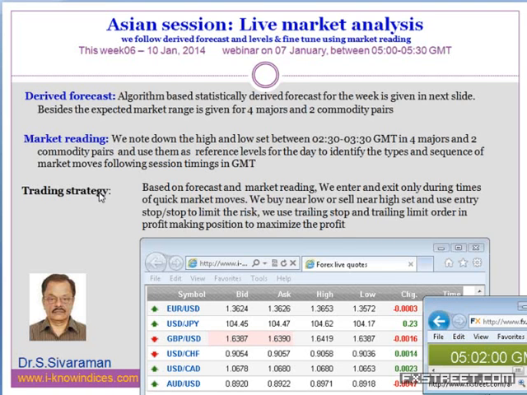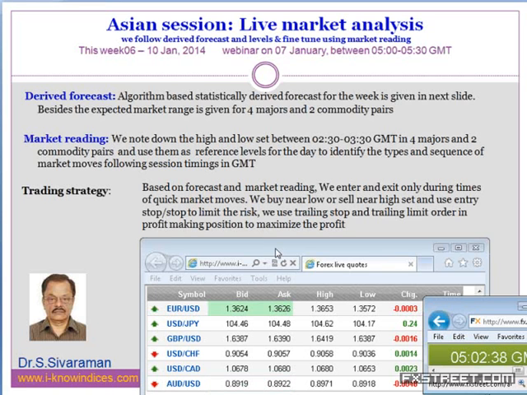As I explained in my earlier webinar, which was given on 30th, the market is expected to make very big volatile moves during the yearly trend reversal time. The yearly trend reversal time will be from December to January. So December of last year and January of this year, we are bound to see very quick up and down moves in the market. And this is being done by the other players in order to earn as much as possible, even though many think that the market might be thin volume and things like that.